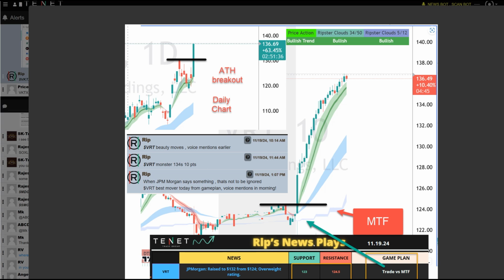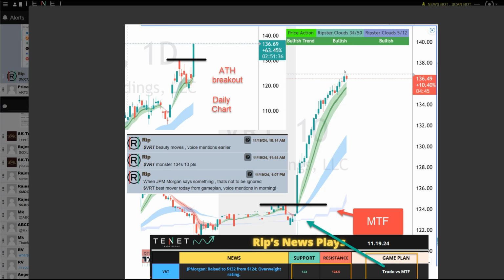Look at this level I gave here, pushed over that, and not only that, it was an all-time high breakout, and it was an upgrade by JP Morgan. So it becomes an A plus setup, and it continued to push all day. There was no reason to cut. I mentioned the long on the voice in the morning. Just hold, hold, hold, hold. If you are FOMOing, you missed this, you're scared to add here, just add 1/4, 1/5 size, because even if you added 1/4 size and held it all day, it paid you really, really well. There was no short here.